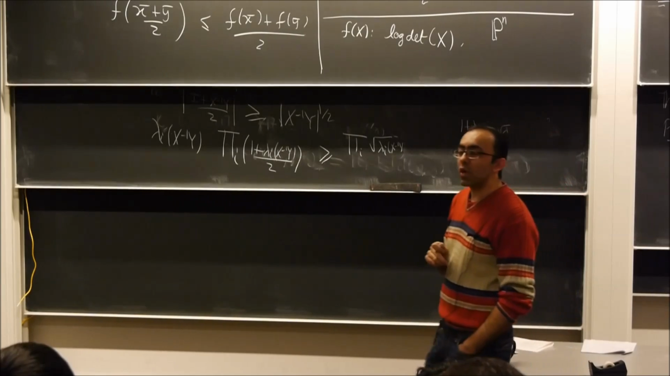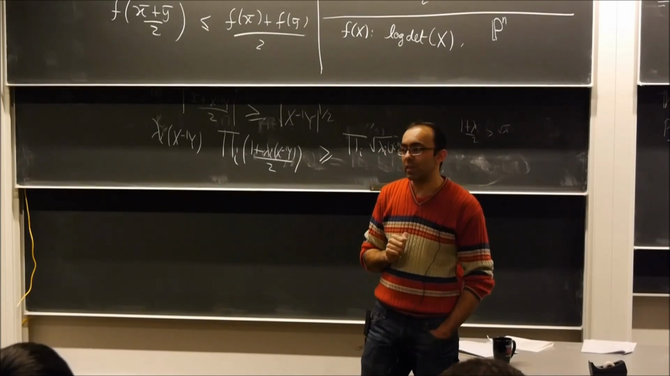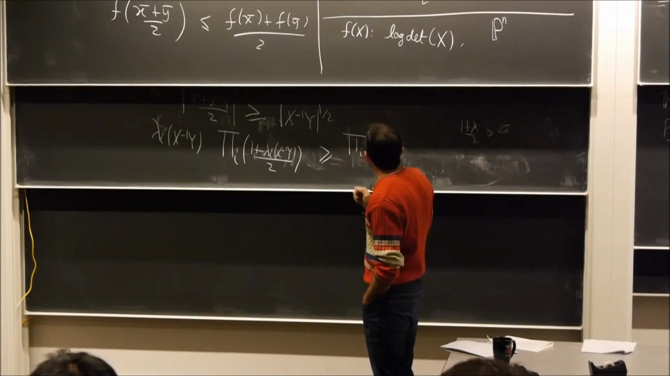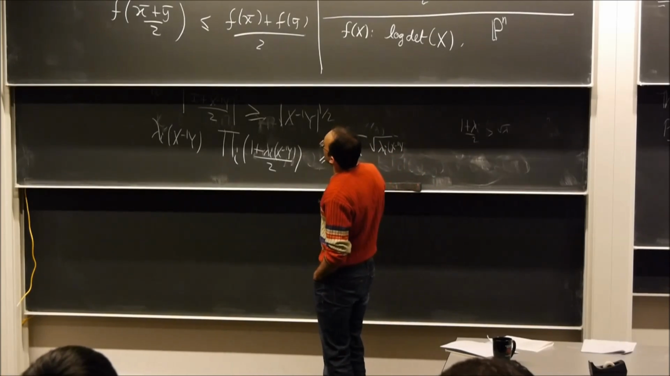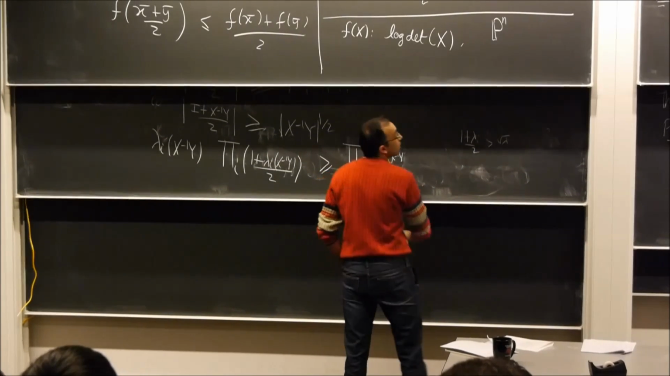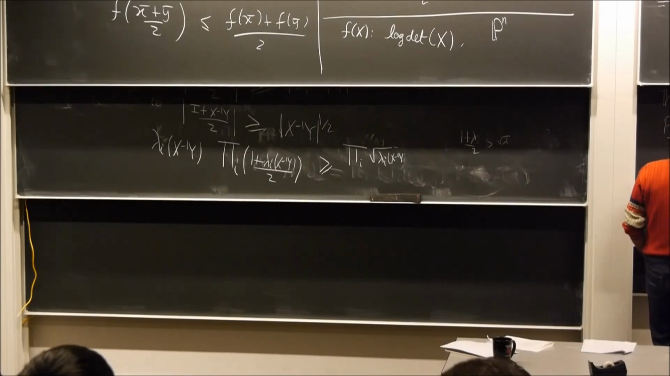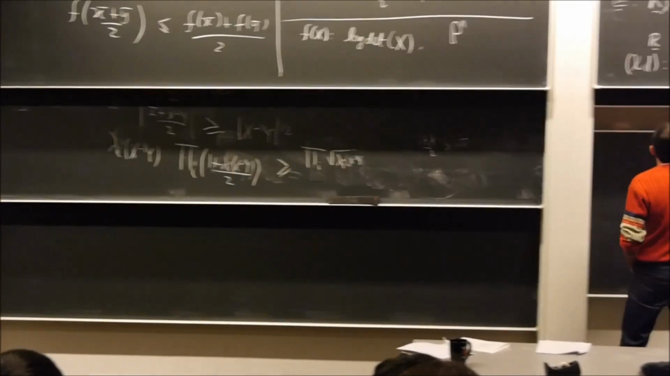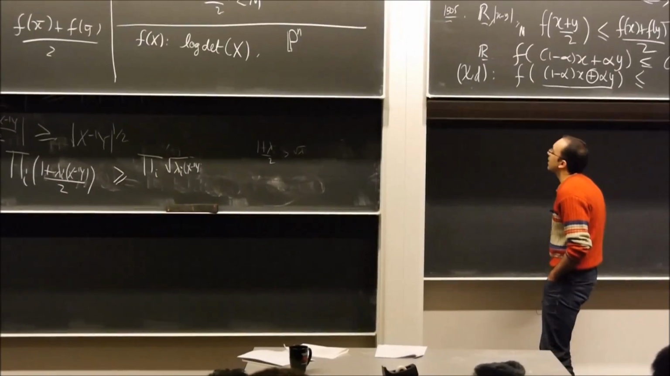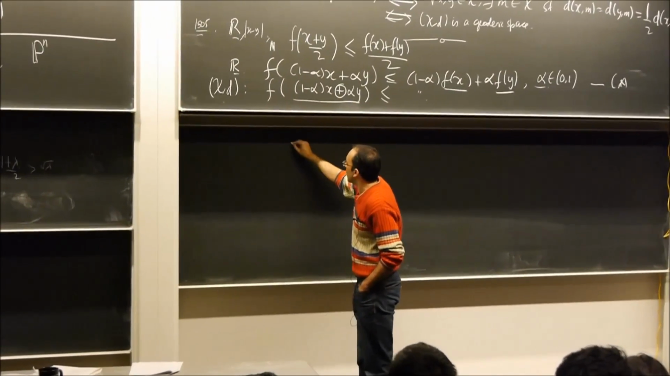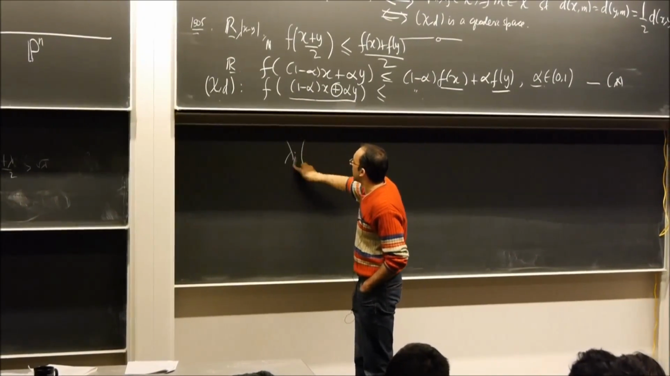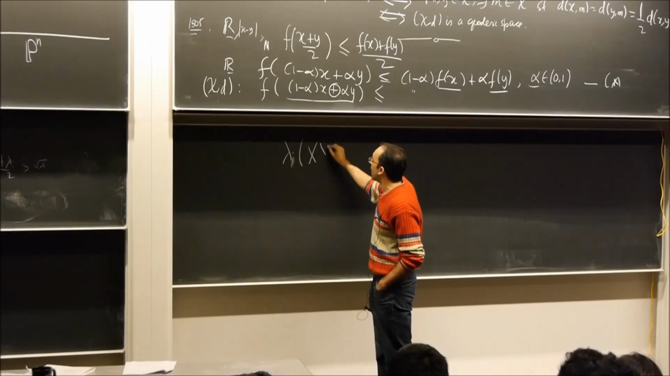The eigenvalues of the product are going to be positive. And the proof for that is as follows. So let's leave this here and you can set this up. Just write lambda of x times y